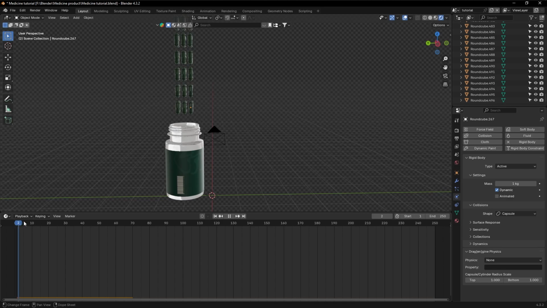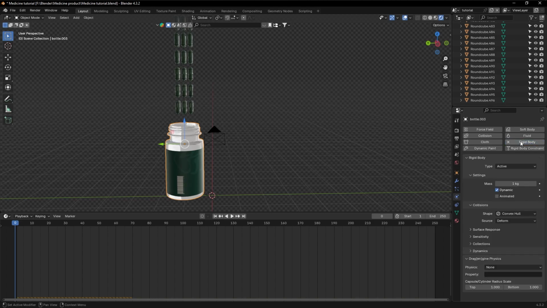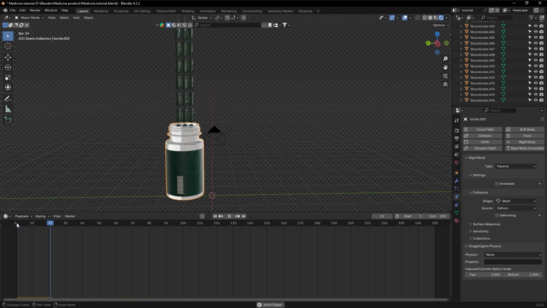The capsules are falling, but they're not falling into the jar. So how to fix this is quite simple. Click on the jar, go to rigid body. Now on the type for the jar, you change it from active to passive. So you change the jar type to passive. Then on the shape, you change it to mesh. With that being done, once you hit on the play button, now they are falling into the